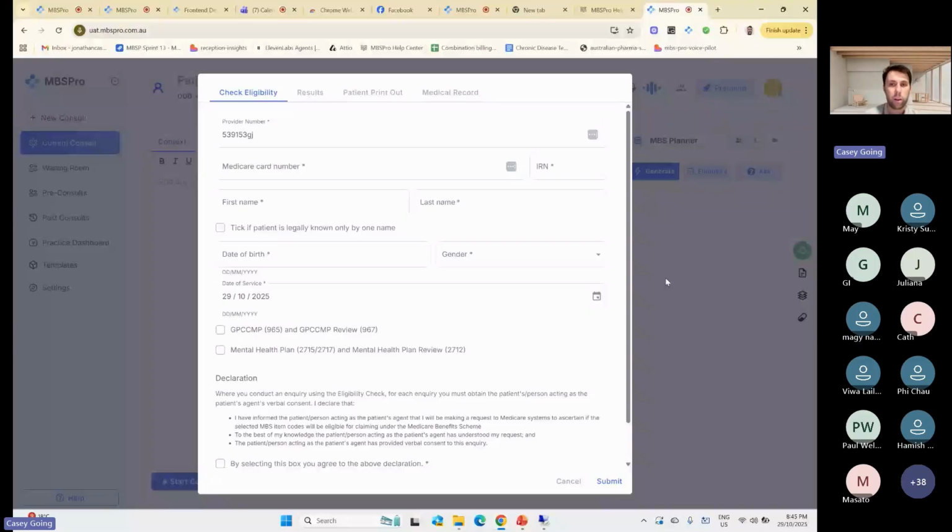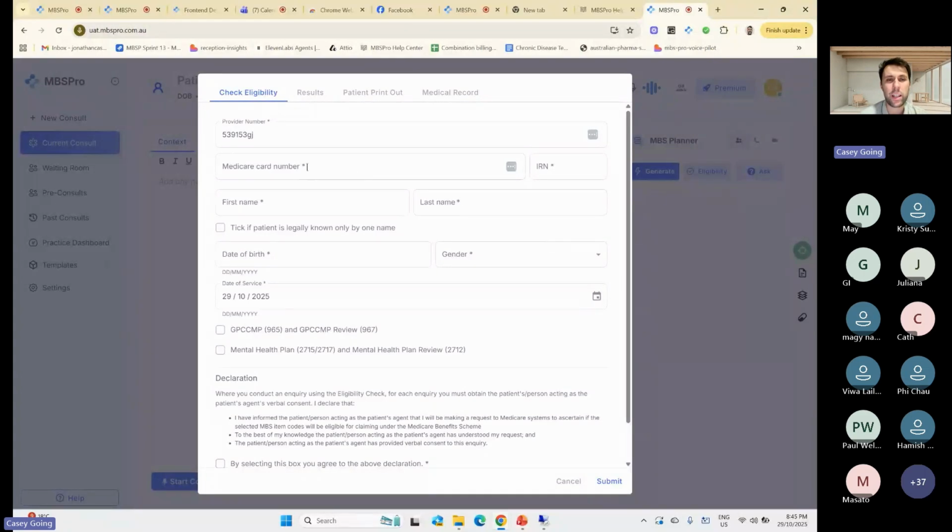PRODA doesn't give us the ability to check other item numbers. If you log into PRODA, you can check every item number ever, but we only have the ability to connect into these two item numbers, which is the same as Cubiko, Clinometrics, all the rest of them. It's a connector issue, so it's not a PRODA issue, it's not a us issue. It's the connector in between that doesn't allow us to check other item numbers.